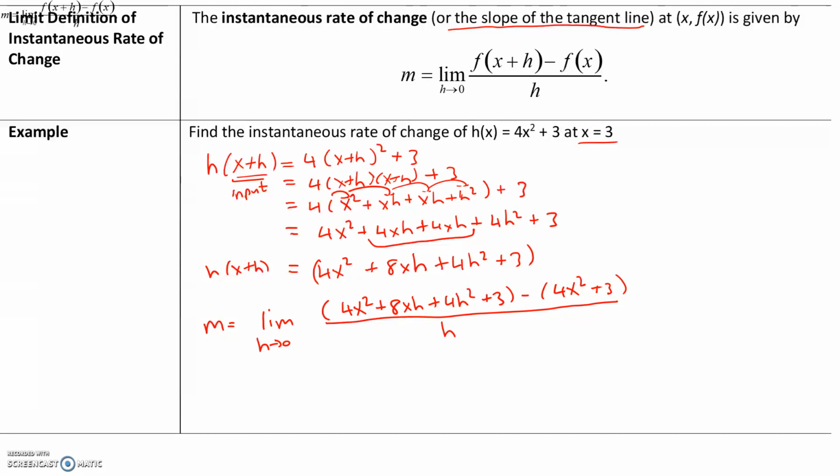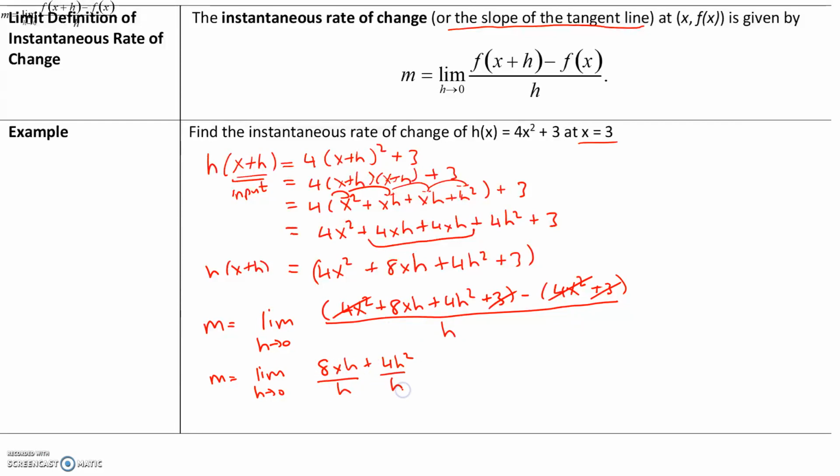Now let's combine our like terms. We have a 4x squared and a negative 4x squared, so that is going to be 0. We have a positive 3 and a negative 3. That is going to be 0. So what are we left with? We're left with the slope m equals the limit as h approaches 0 of 8xh plus 4h to the second power,